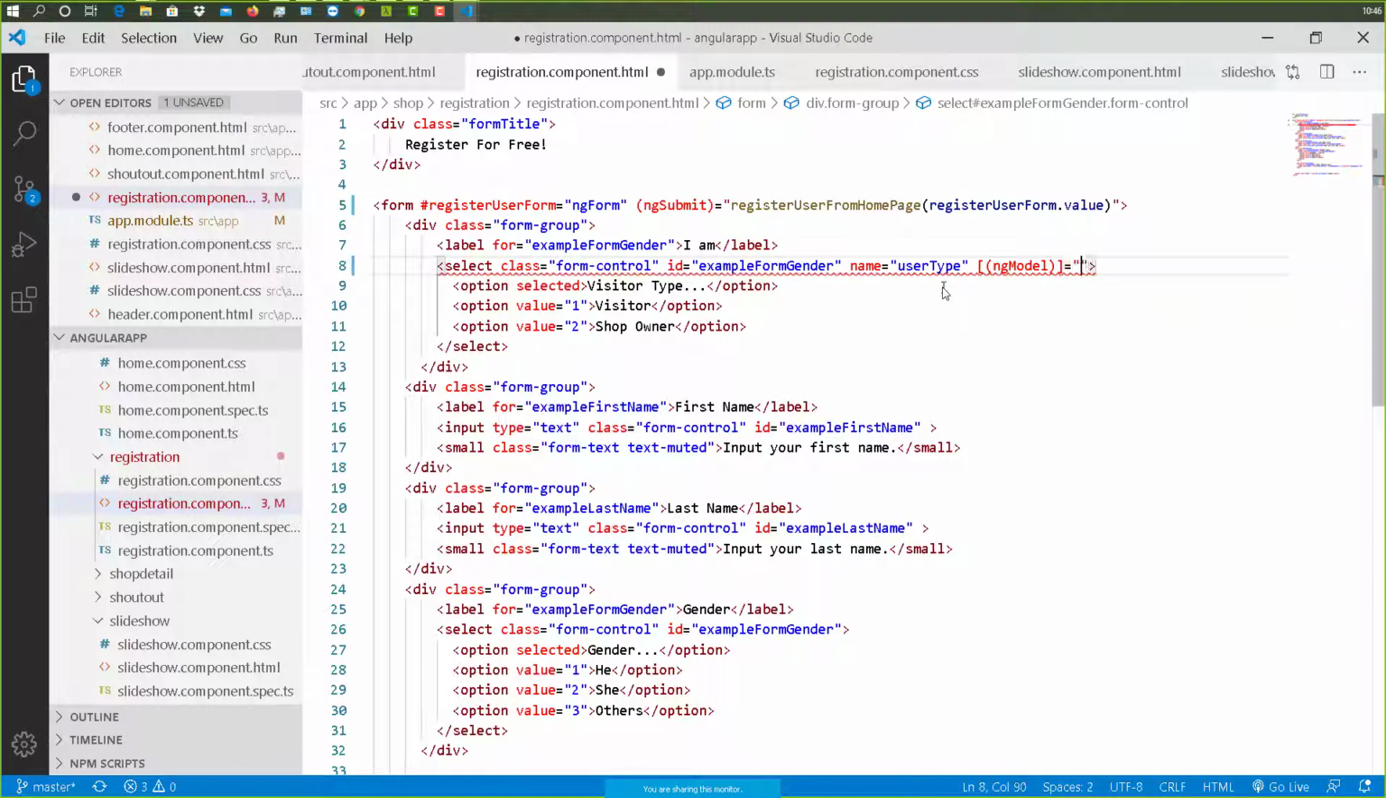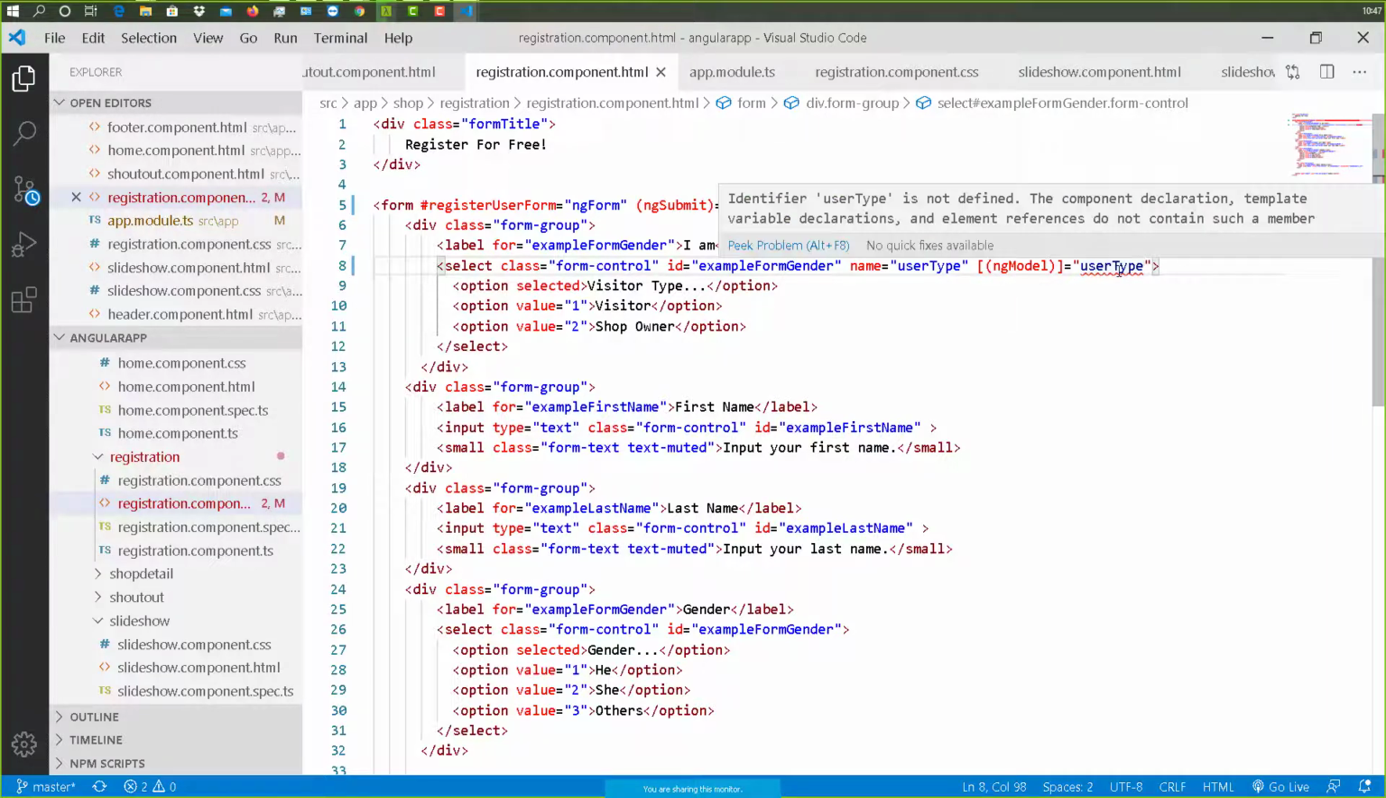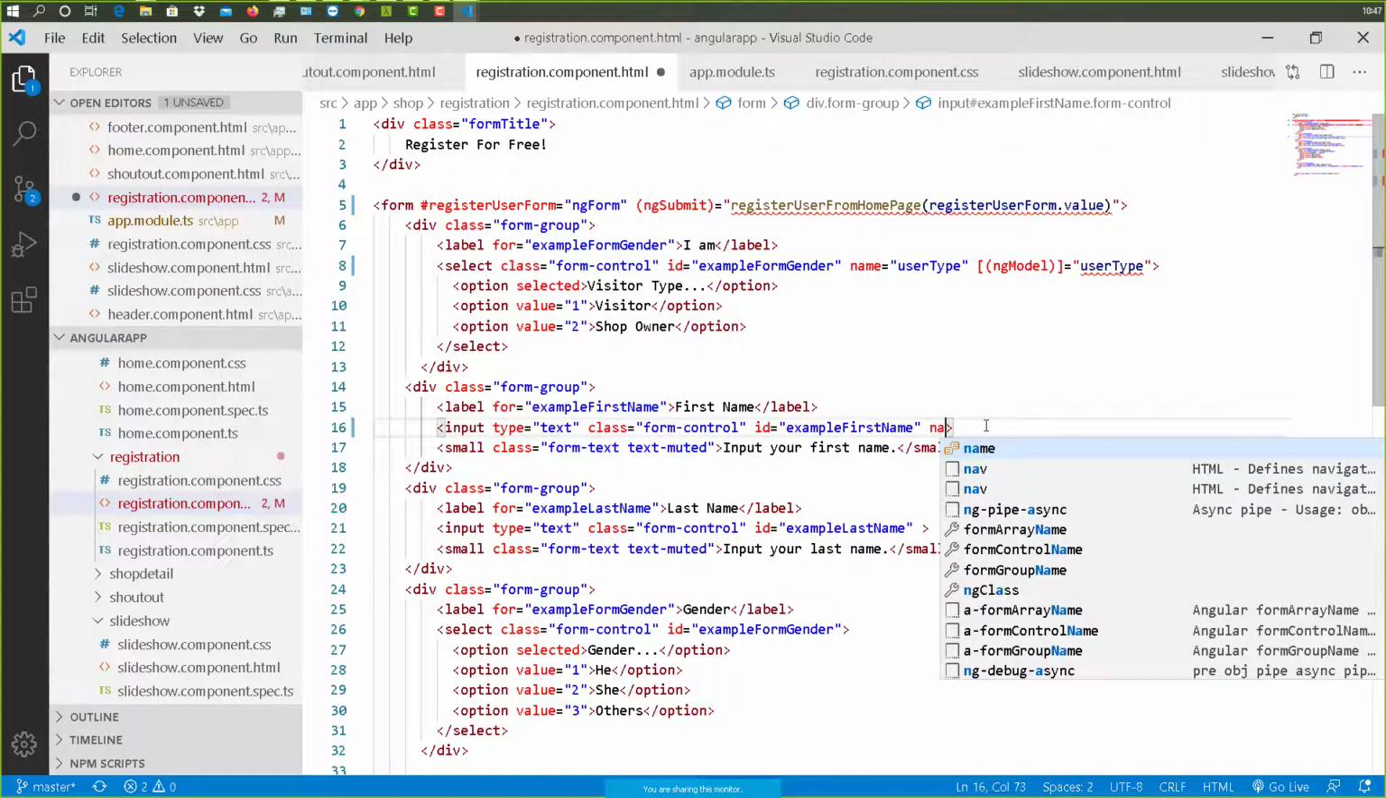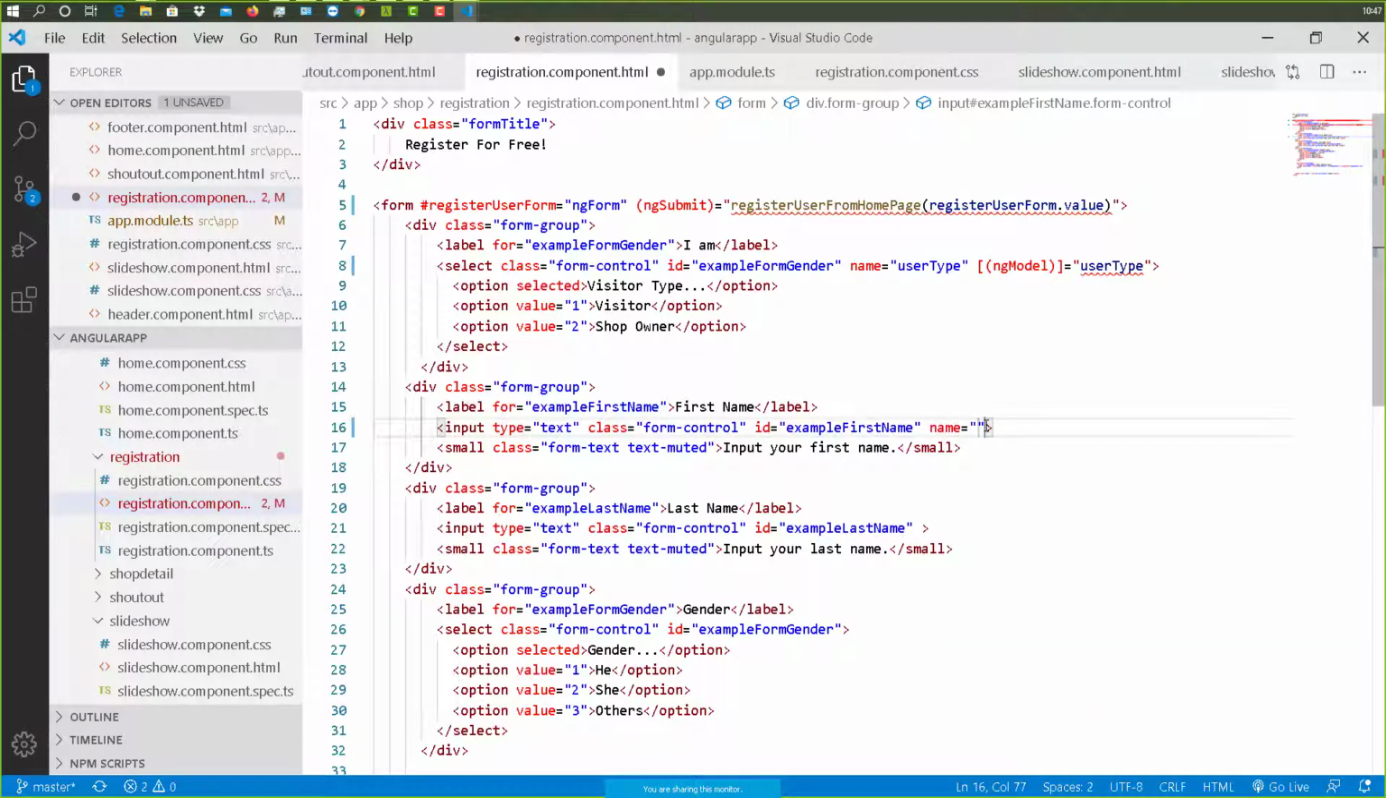Is equal to, let me say, user, right? So looks good. So ideally, I need to create all those variables in my TS file as well, right? I will create that a little while later. As of now, let me just set up this name attribute and ng model directive. So for this input, for example first name, I will set the name attribute to first name